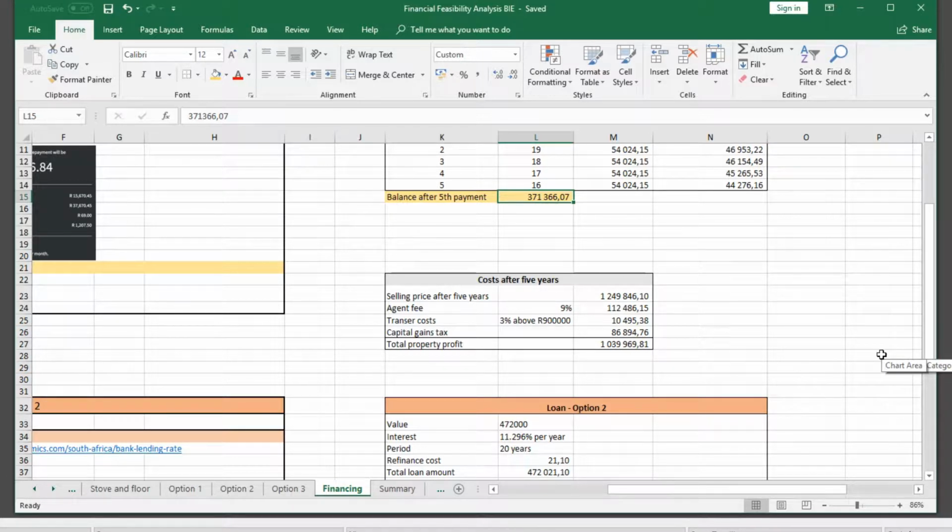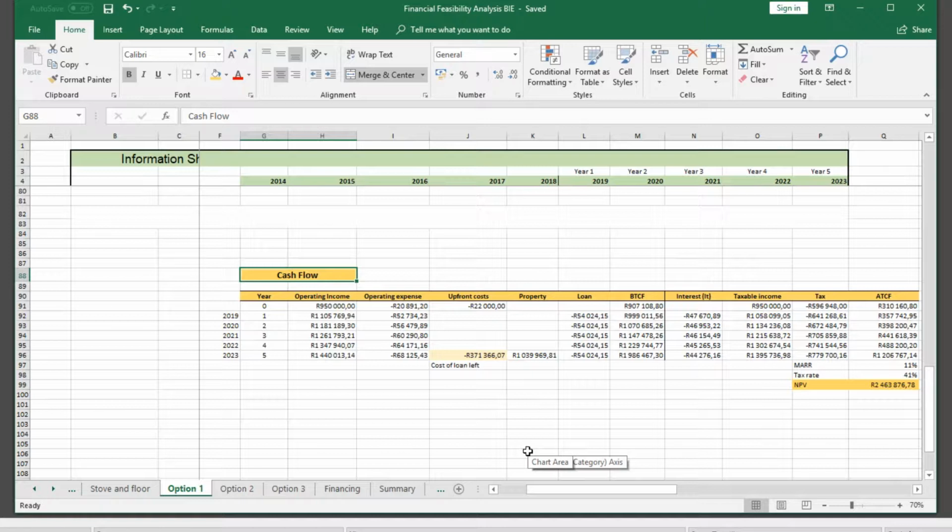Then the total property profit will be given in the table to follow. Option 1's cash flow: the operating income includes her salary as well as her rental income. The expenses are listed as well as the upfront costs. The leftover bond also has to be paid off. The property value that we calculated in terms of profit, and the loans that will also have to be paid